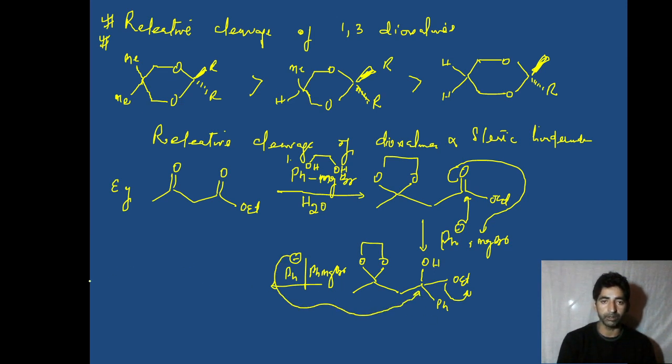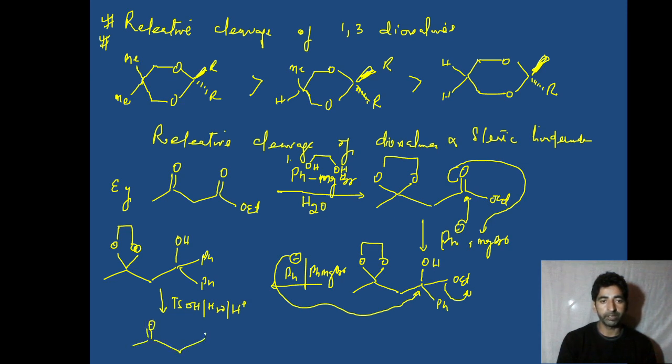Once the second molecule of Ph attacks, we get this type of compound. Over here we have OH, and then we have Ph and Ph. This will be the product. After bringing about the reaction at this carbonyl carbon, we can deprotect it. Its deprotection is brought about by H3O+, water in acidic condition. It will be deprotected, we get the ketone back, and we get the desired product.